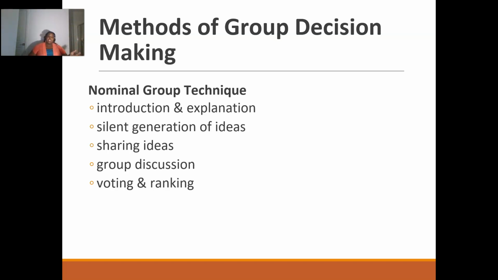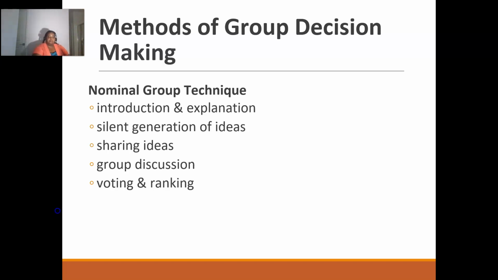First, we have the introduction and explanation of the task that's to be decided or the decision that's to be decided on. You might write down a silent generation of ideas, share them to the group, discuss the options that the group may have, and then vote or rank. So with the voting or ranking, majority wins, or the decisions with the higher number in the ranking will be